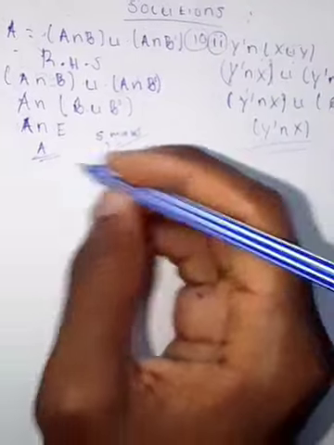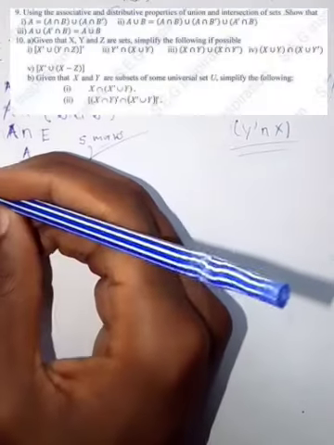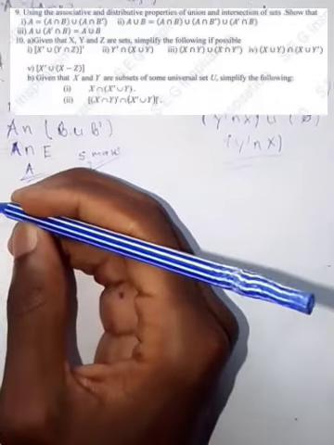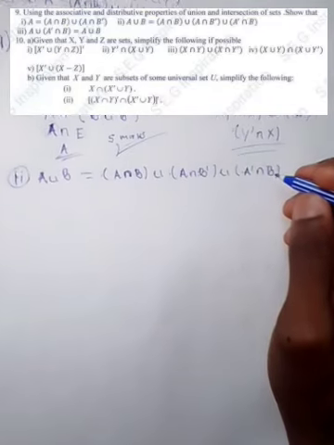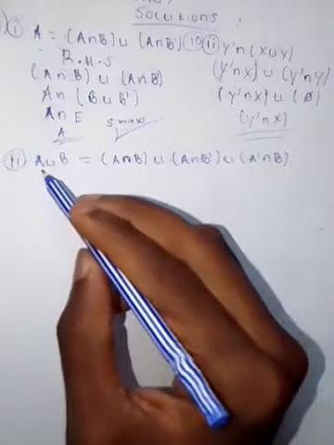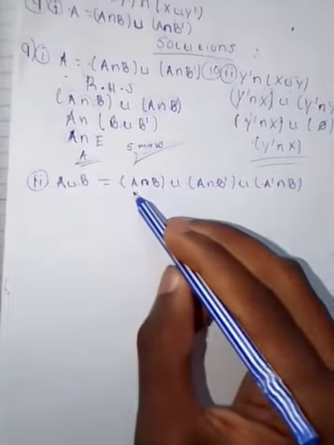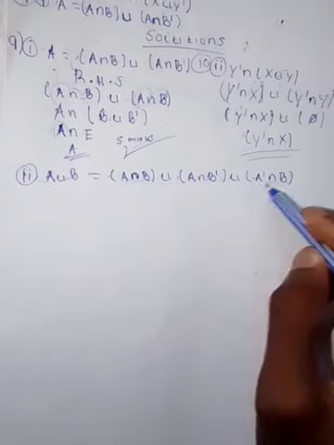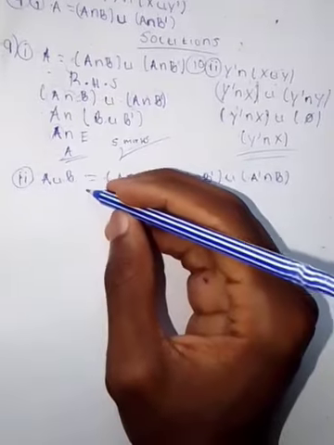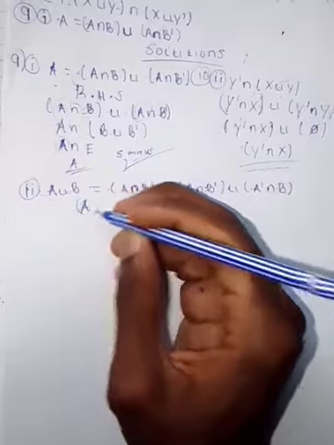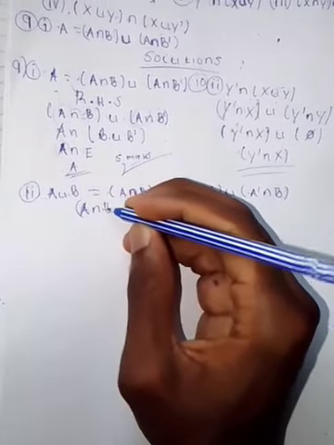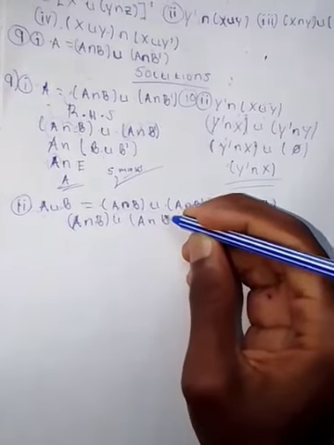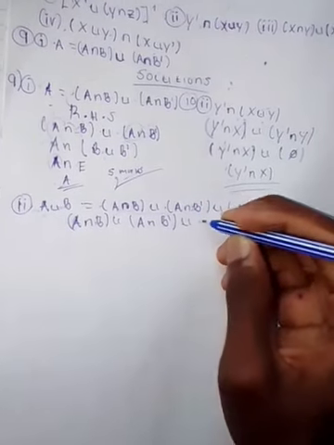So okay, let us continue with question 9. The questions that are under question 9. So let's go to question 2. Okay, so question 2 of question 9. They want us to show that this is equal to this whole thing. So we are going to pick this complicated part. We are going to write it. We are going to say A intersection B united with A intersection B complement united with A complement